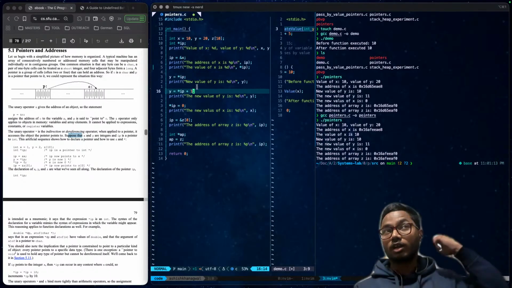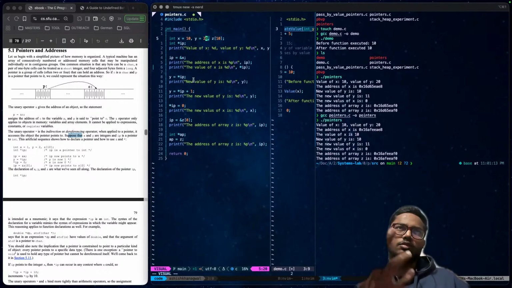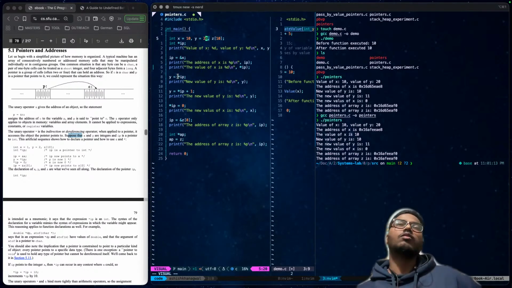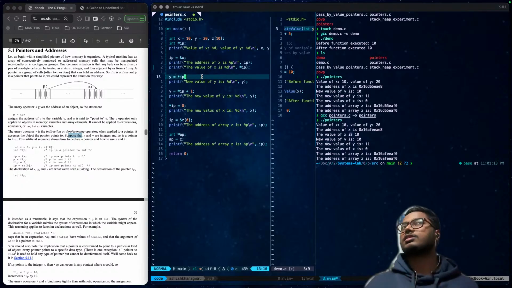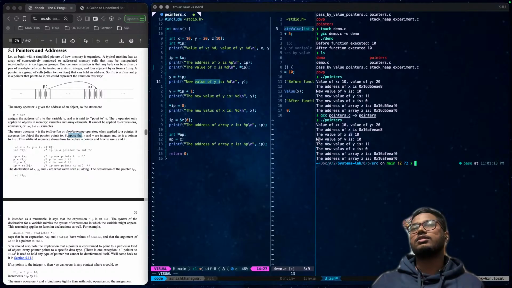Okay, and now if we assign to our y variable, which has the value 20 initially, when we assign our pointer, which was directing towards the address of x, now what will happen? Maybe you can guess that y was 20 initially, so here you can see the value of y has become 10.